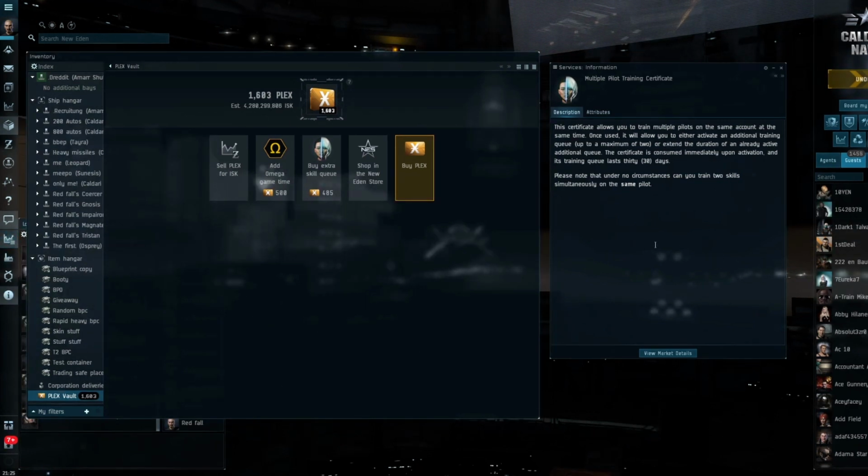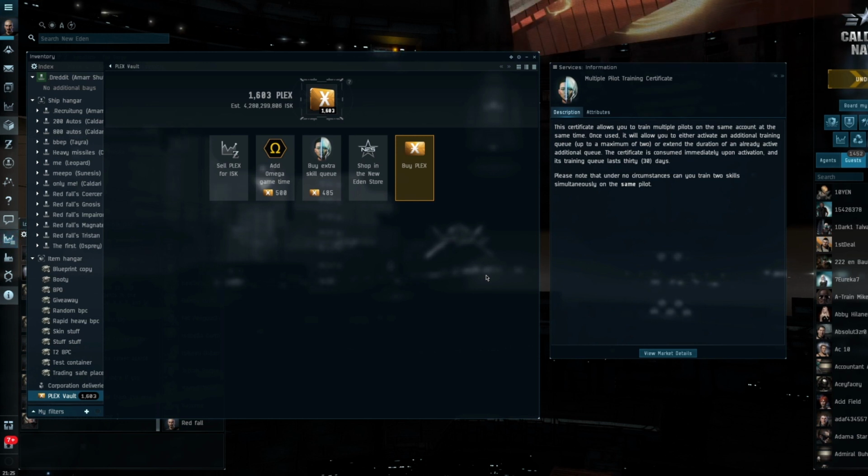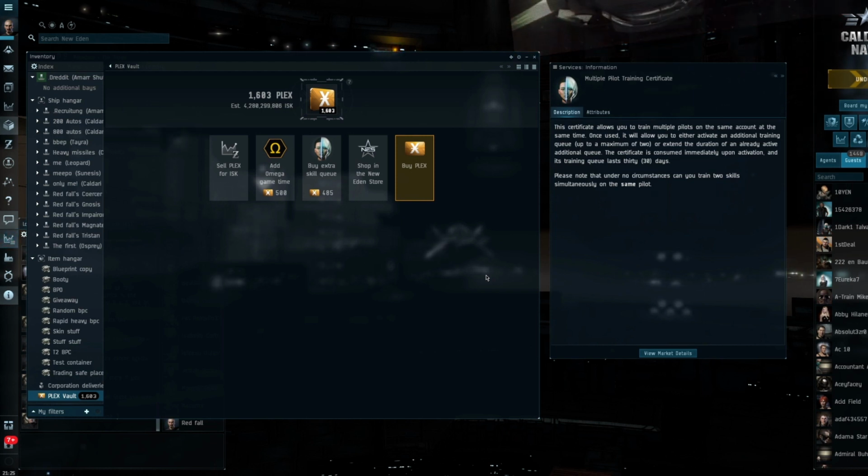So there's a few reasons why you may want to do this other than just skill extracting, and that's because you can train additional characters to be cyno alts, industrial capabilities, research alts, anything that you want. You can make another mission runner, you could do an abyssal runner, etc. So there's numerous reasons why you might want an additional character, and the big bonus with having it on a